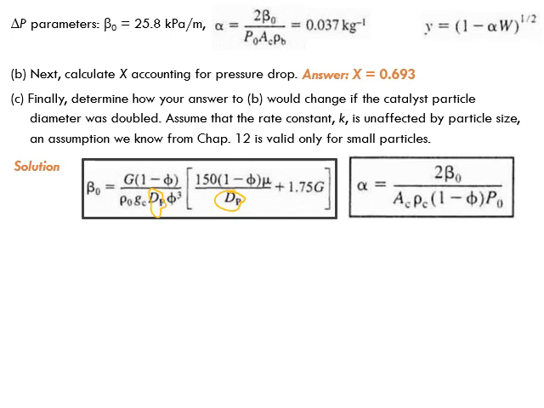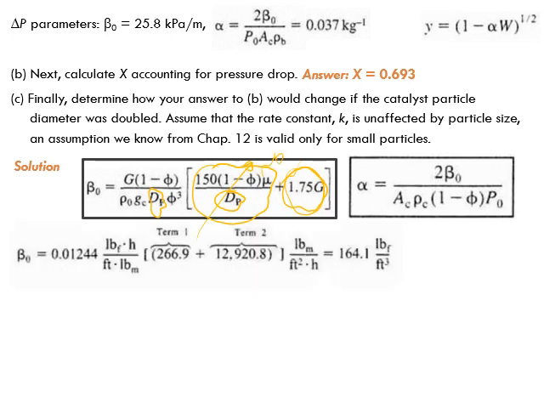But let's remember the value of this term was only 300. The value of the other term was around 13,000 because the flow is turbulent, and this term is dominant. So let's neglect this term compared to the other term. And now we see that